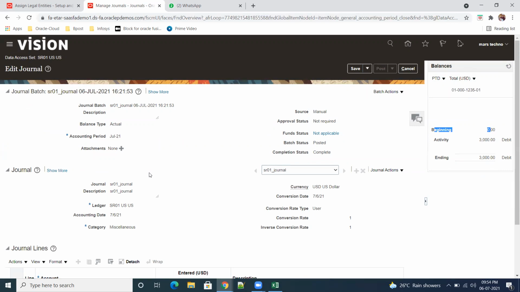So what are the steps we need after creating the ledger? Then we need to open the period. You need to provide the data access and general accountant, and then create one new manual general and verify whether our ledger is working or not. So today till now we did the ledger, legal entities, enterprise HCM information, locations, and legal address creation. These are the various steps needed for ledger, legal entity and all that.